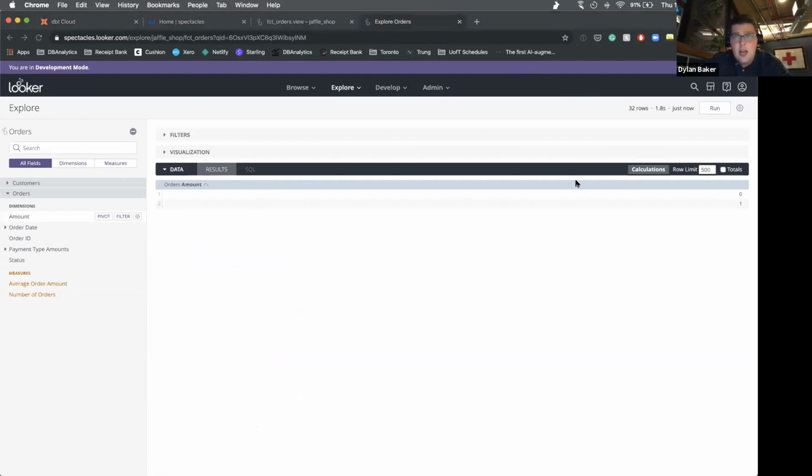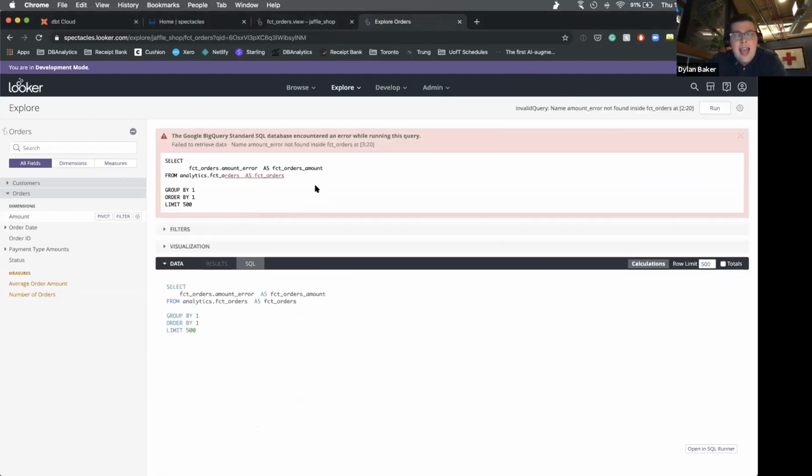If I come back here and literally just refresh now, we'll see that the SQL has updated and I get an error. So conceivably, if all you're using is the Looker IDE validation, you can pretty easily have an end user get an error like this and not know it at the point that you're pushing that code.